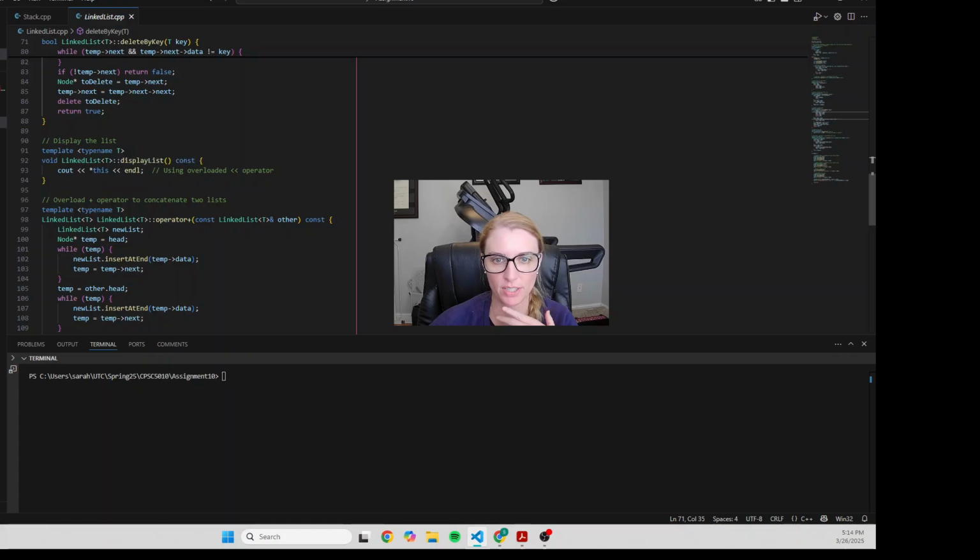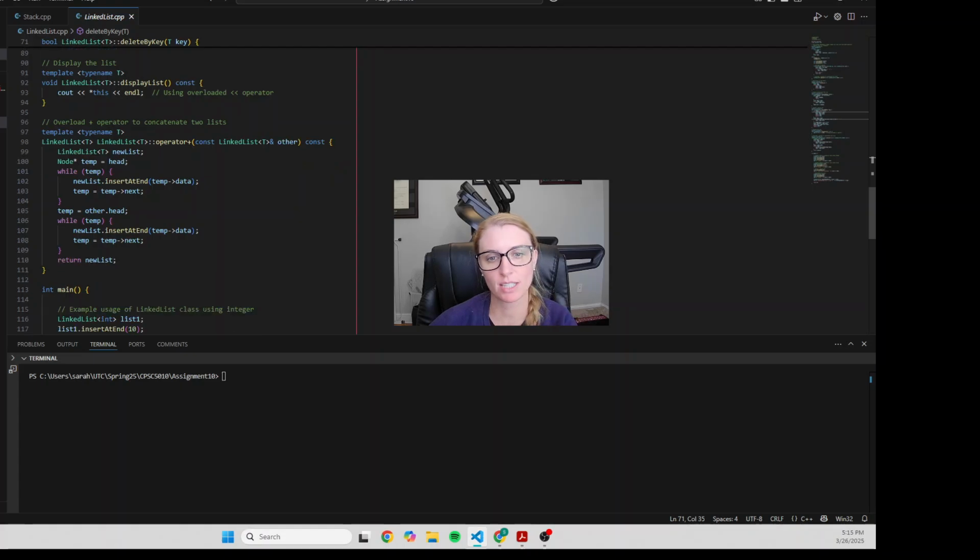So we are using our overloaded operator, and we're going to dereference this, and we are going to print out our list. So pretty straightforward. This was the optional one to concatenate two strings. So we're going to take our two lists and we're going to overload our operator, and we're going to make a new linked list here, and we're going to find our node, our pointer to temp, and make that the